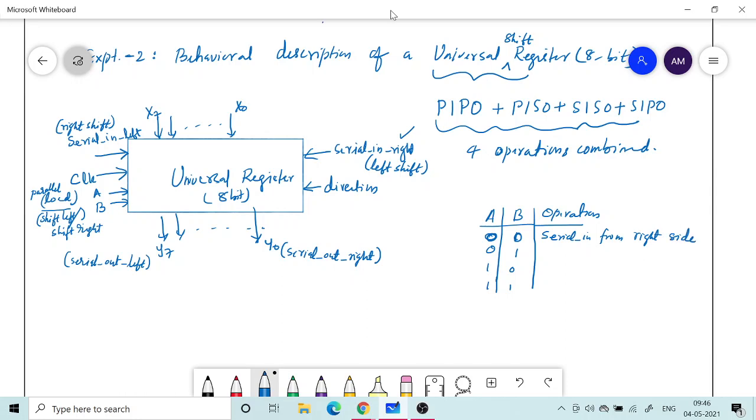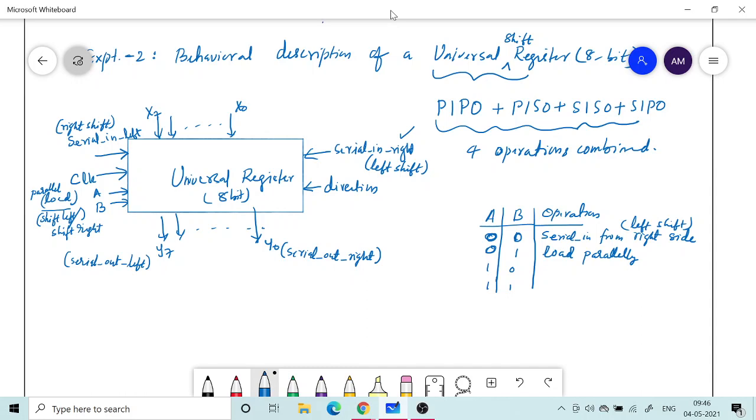So that means we are doing the left shift, serial in from the right side. And if this is 0 and this is 1, then you load parallelly, you load the data, and then you have 1 0.